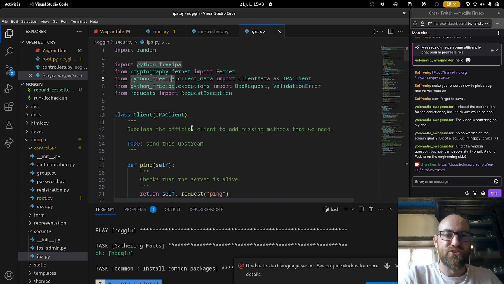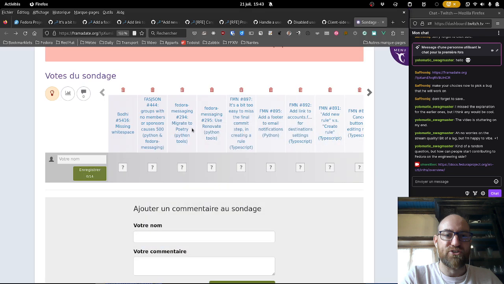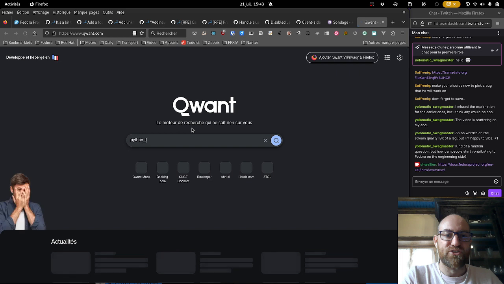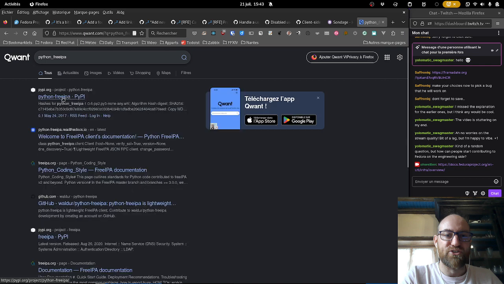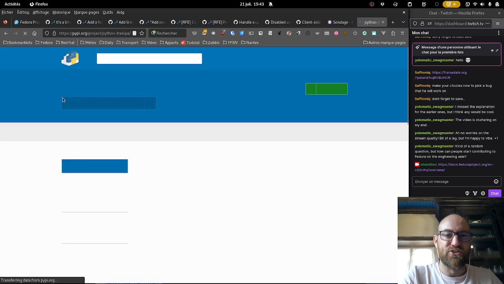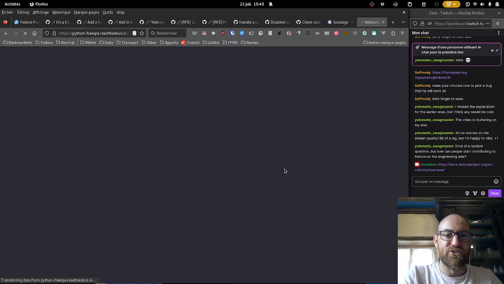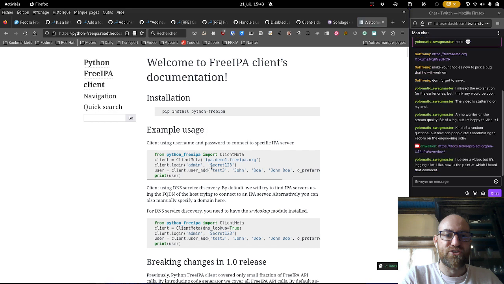Okay, let's have a look at this package then. See, it has documentation on the function that we're going to use, which was find user. Python 3 IPA is an unofficial library, I should say, to connect to IPA, and it has documentation. Cool. Let's go and use it. Yeah, that kind of looks like what we just did.